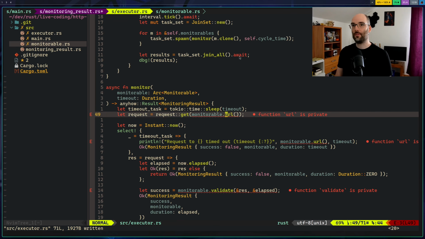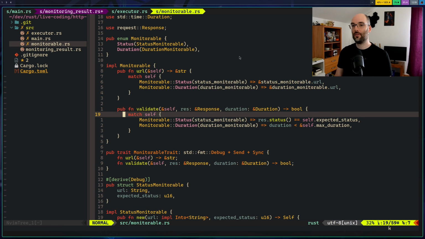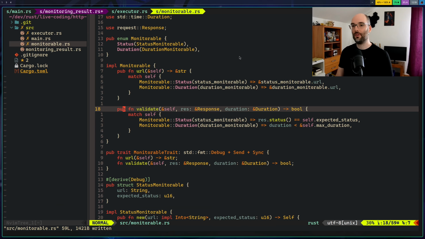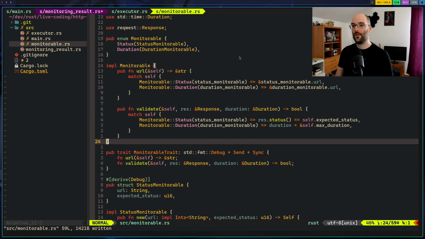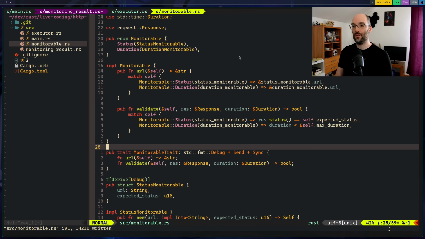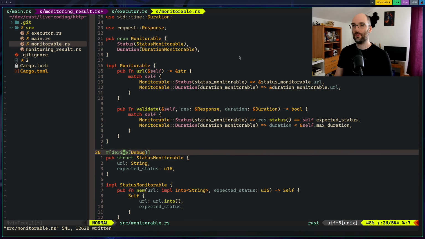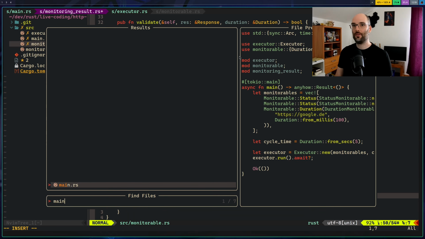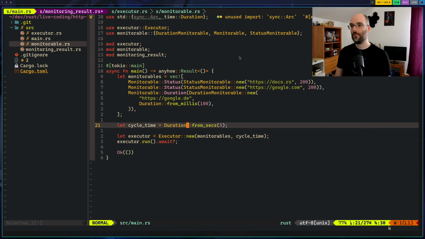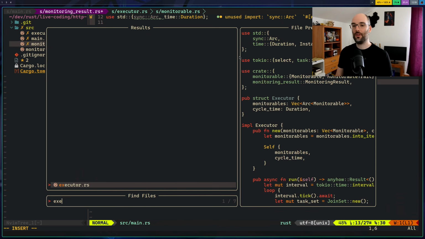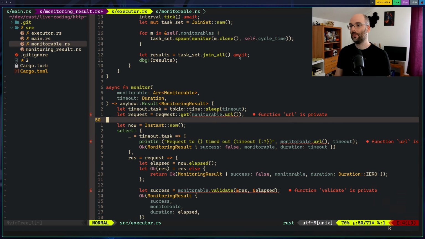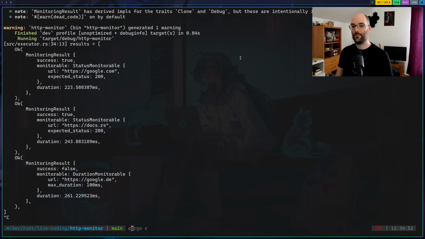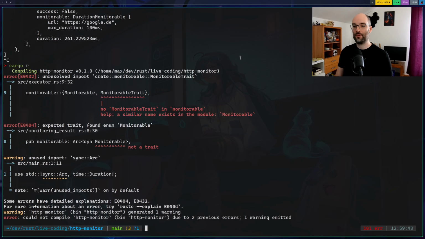Why does it still say it's private? It's not private anymore. It's public now. By the way, let's get rid of the monitorable trait. So cleaned up here. Main file is also cleaned up. Still, like, why is that? Let's just run it once.